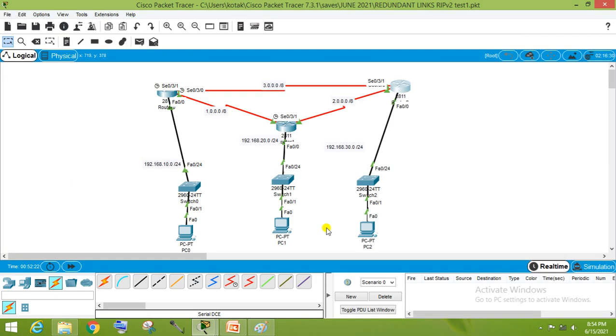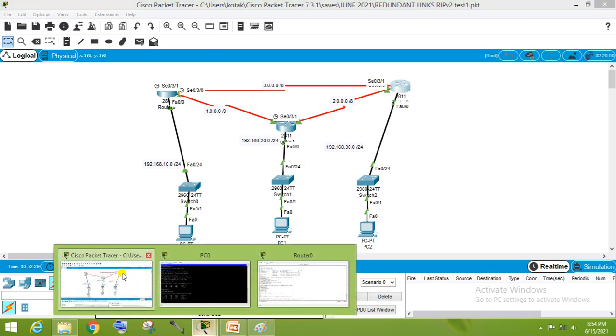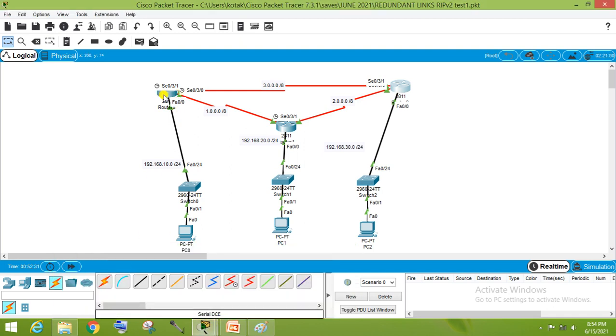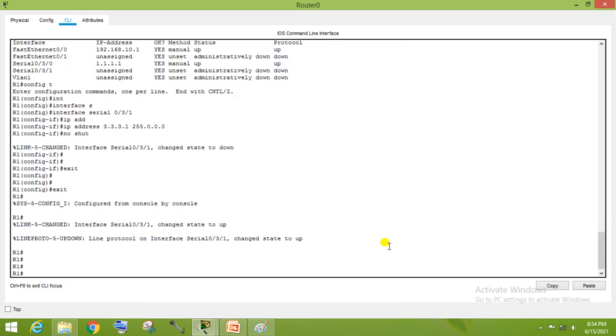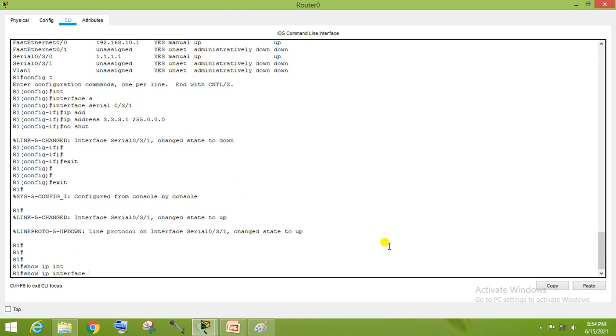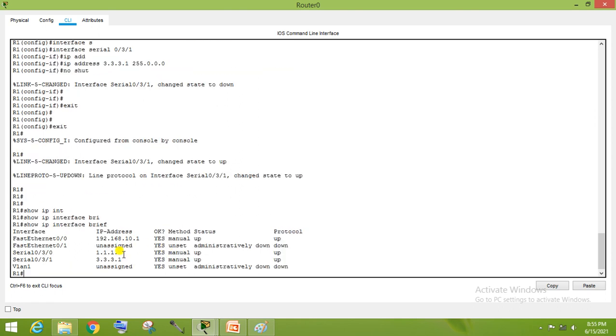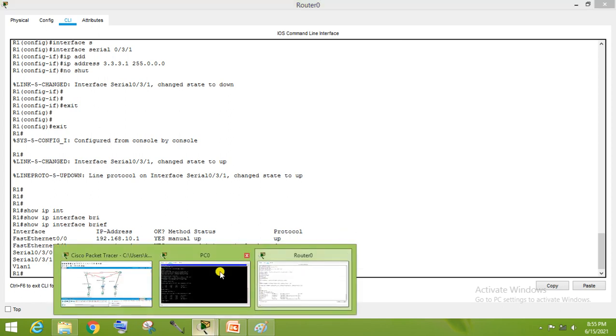I have assigned the IP address to both port interfaces. Now you can check that this interface comes up. You can verify it also. Go to this router, hit the command show IP interface brief. Now you can check the assigned IP address of this router, and the interface status comes up.